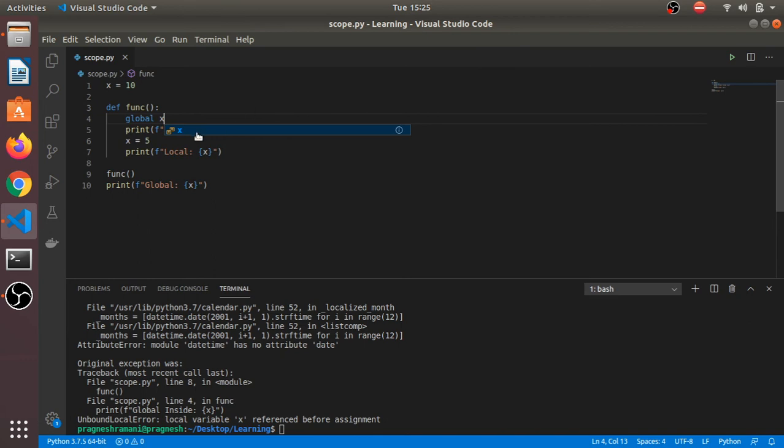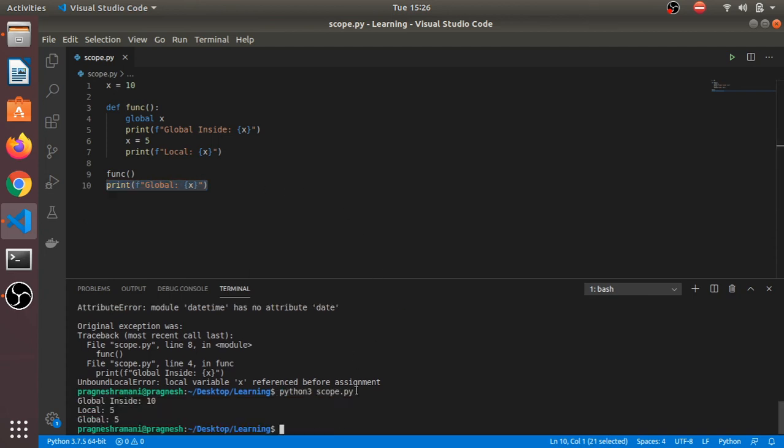Whenever you use the global keyword for that particular variable, then you can access the variable value which we have defined in the global, and you can change the value of that global variable, and it will affect outside of the function also for this print statement. So let's run this program and see the output.